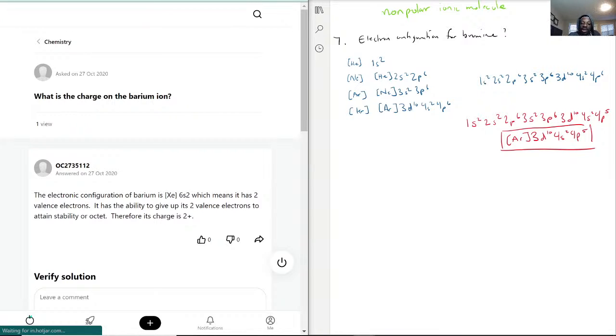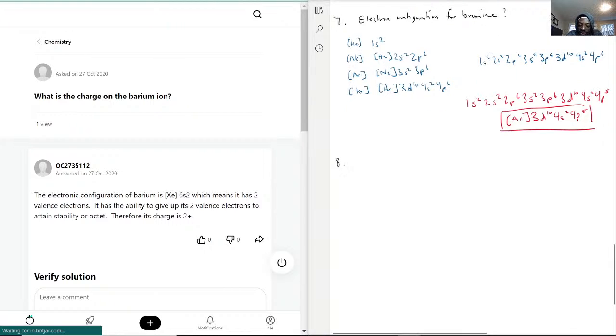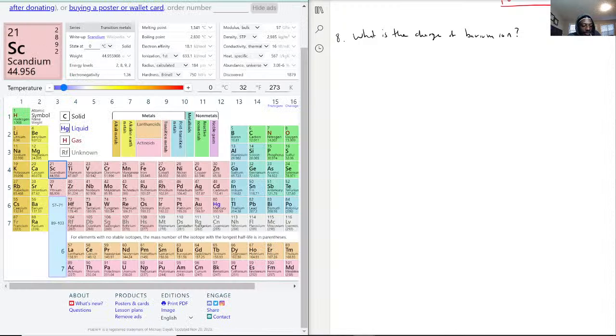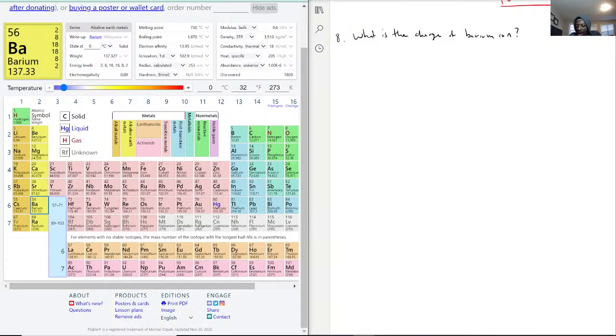So now, with that being said, let's move to question 8, and it's asking us, what is the charge of the barium ion? Okay, so with this, barium is all the way down here. Okay, as you can see,